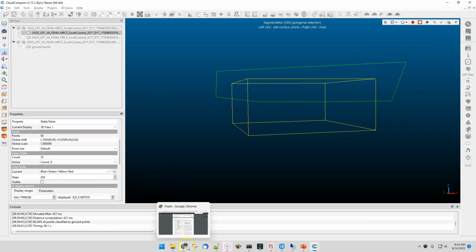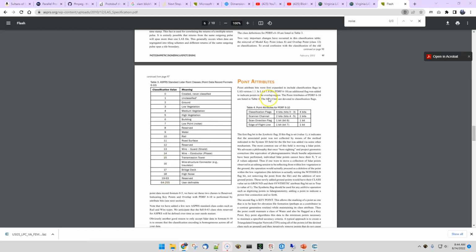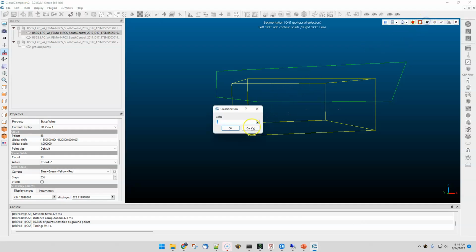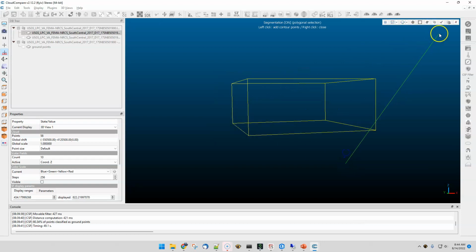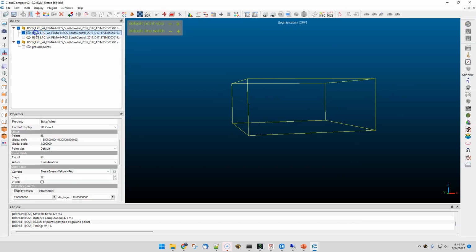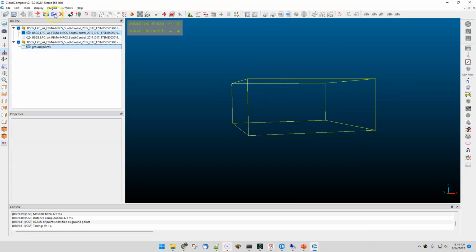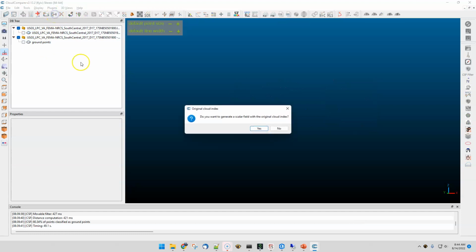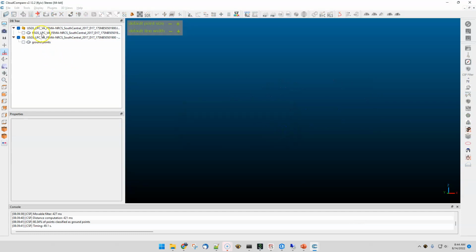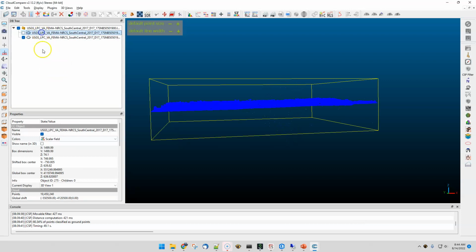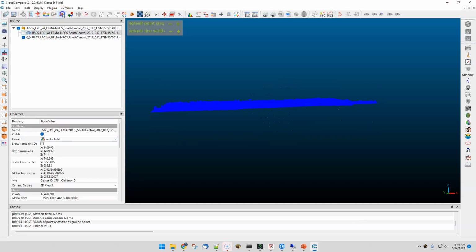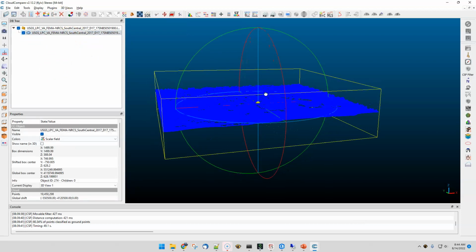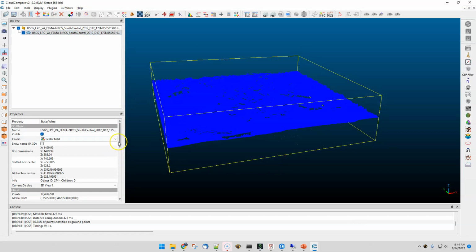And let's verify this here. So we're going to set this to 18, high noise. Okay. So now we have those two classifications done. And we can merge these two back together as well. This is now a duplicate. And here we should be able to look at